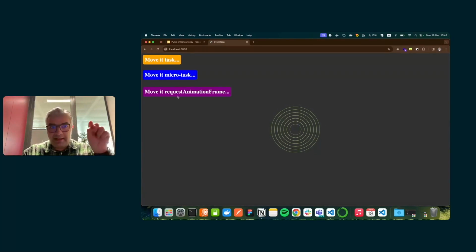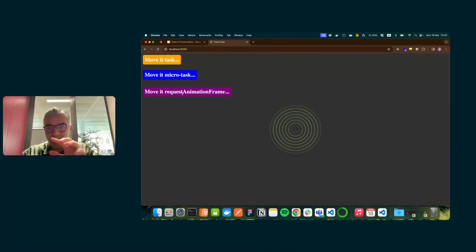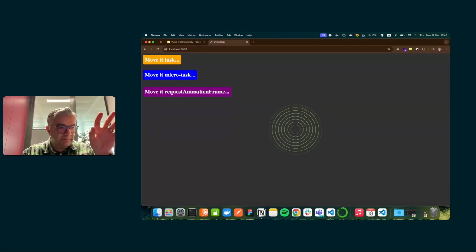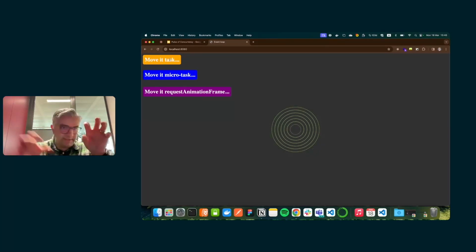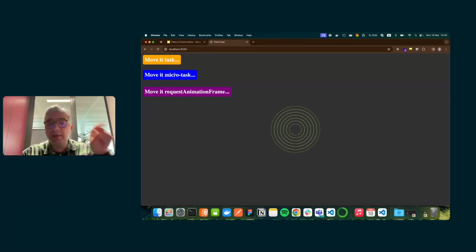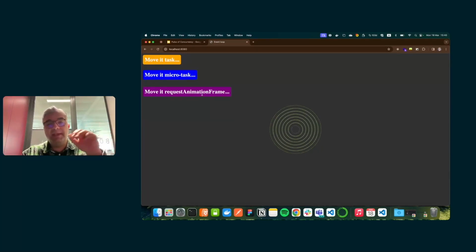Between task and request animation frame, there is a difference that I mentioned earlier. This one is happening whenever there is something in the queue and picking. But request animation frame runs based on 60 frames per second, right?